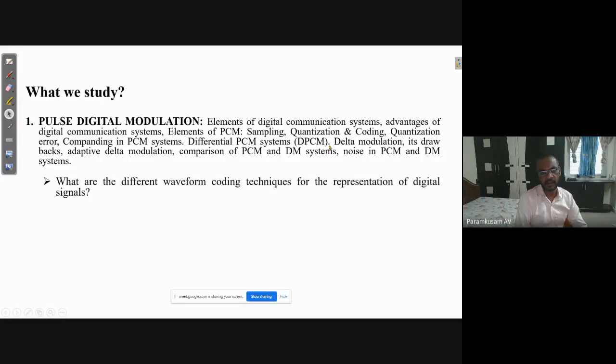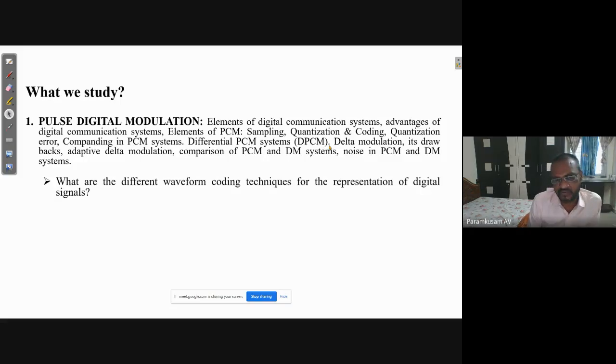These 3 are the waveform coding techniques: pulse code modulation, differential PCM, and delta modulation. These are the 3 different coding techniques which represent the digital signal. In the outside world, whatever signal is obtained is in analog form.